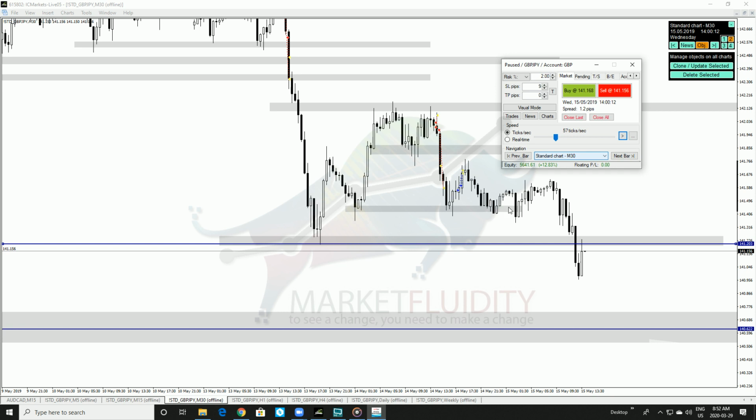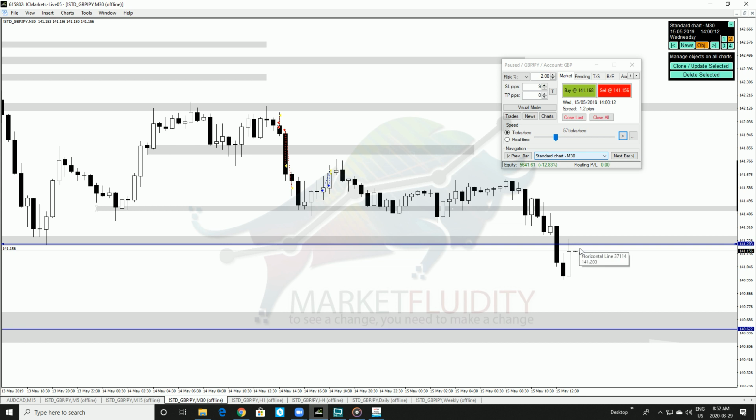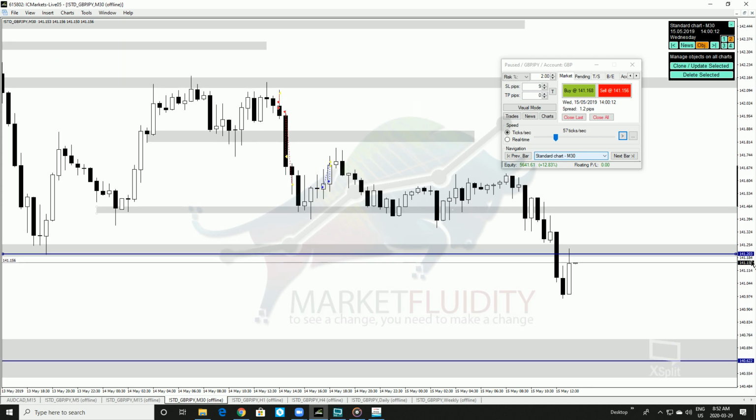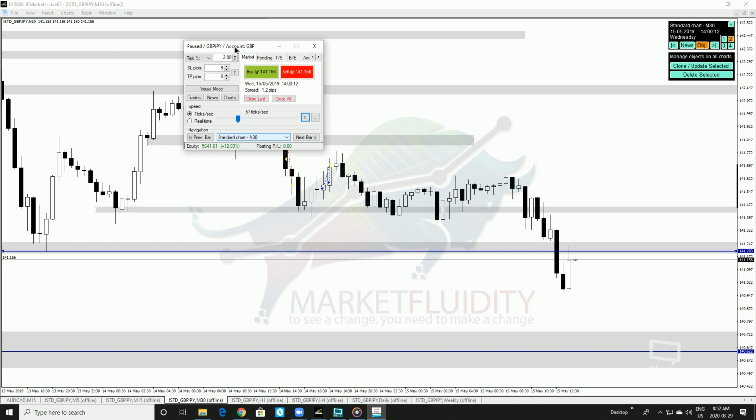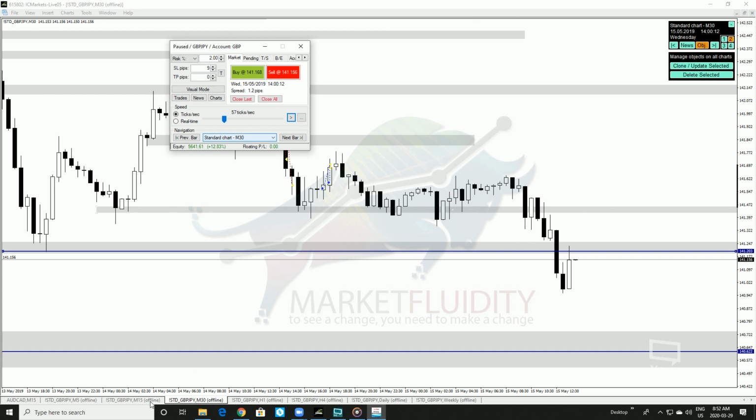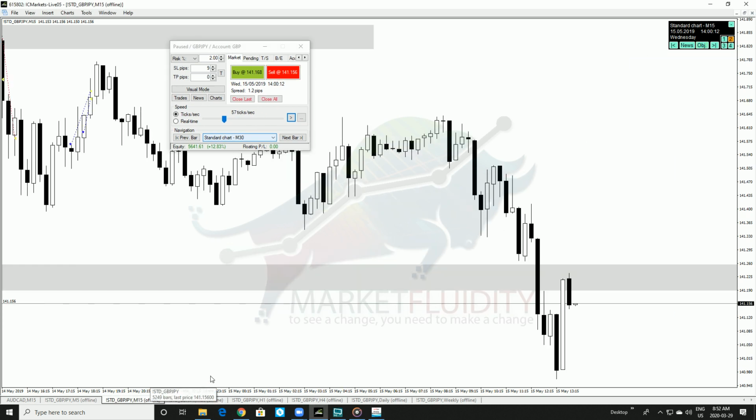So for price to continue going up, we would need to see candles closing above 141,200, right? For price to continue down, we would want to see this area respected as resistance, right? That's what we're going to try to look for. We want a resistance formed, because that resistance is going to be our stop loss. So if we look to the 15-minute chart, see if we have some confirmations,